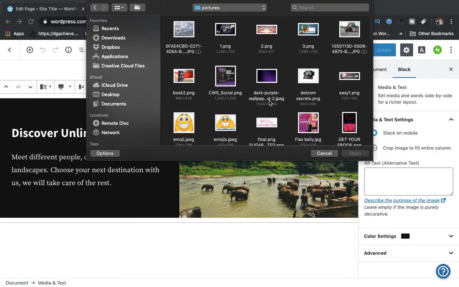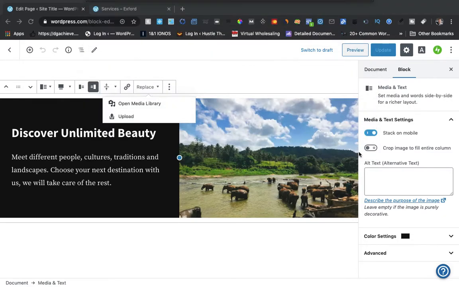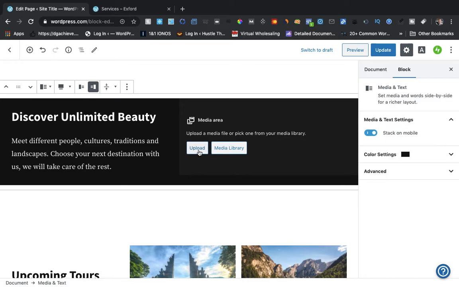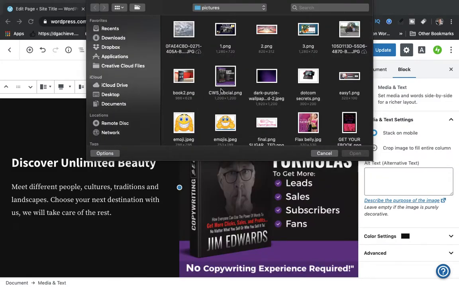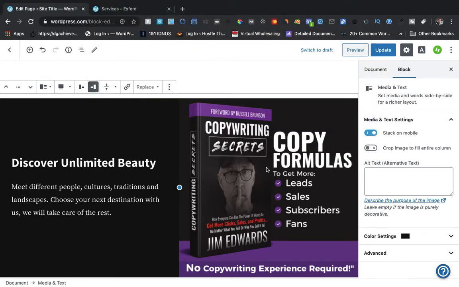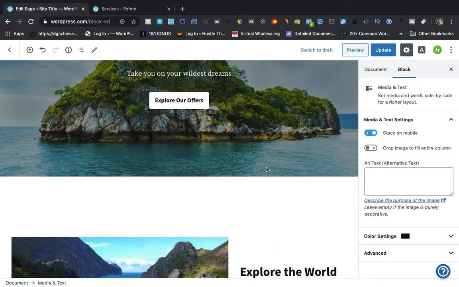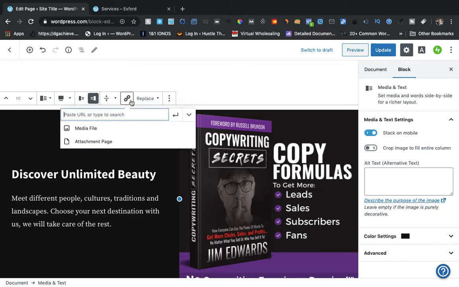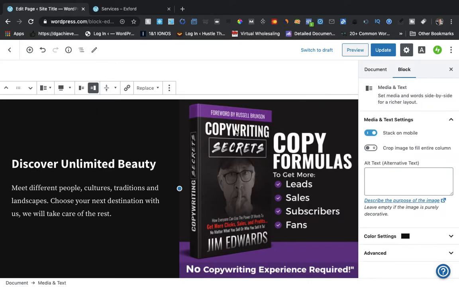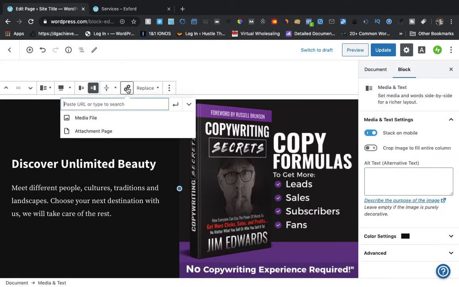Okay, so just for this example, boom, I want to give this book away right here. I want to upload it. Okay, boom. Now this book is going to be available to whoever. Of course, this does not have anything to do with cannabis, but you would want this book to be something related to cannabis. And then you could click it. You could also drop a link in there. But for this example, everything that I've got is,